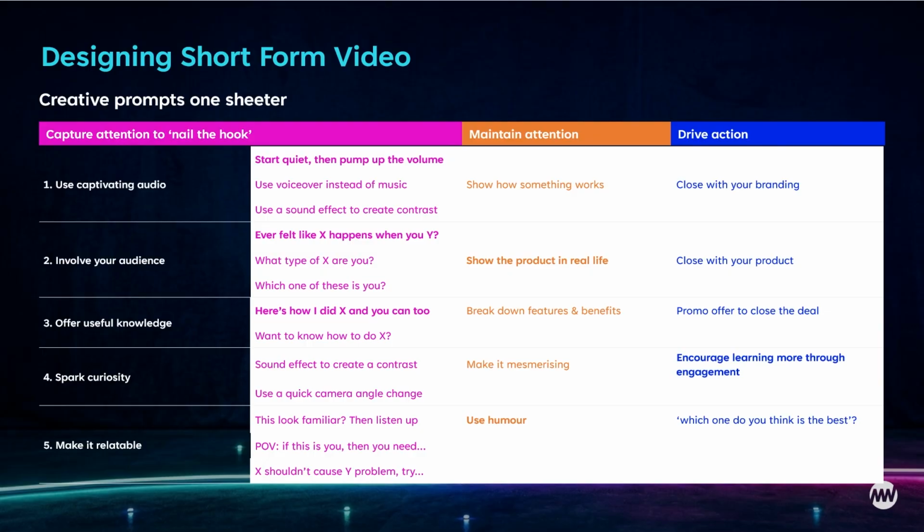And I think one of the challenges that we see is that it can be quite overwhelming. I think for me, this is the first place to start. What we've put on the screen is really a little prompt, or one page, around how you can go about designing that short form video content. Especially when you want a narrative structure, or you reach the longer end of short form video content, it can be really intimidating to approach. There are so many different opportunities. So it's really important to have a basic framework to work from to help that process. I'll quickly run through this now, but it's something that people can take away and look into.